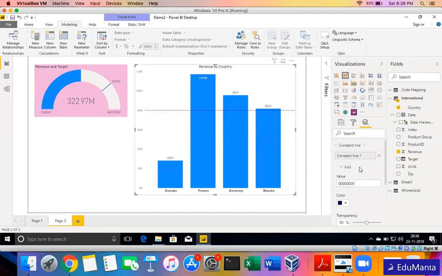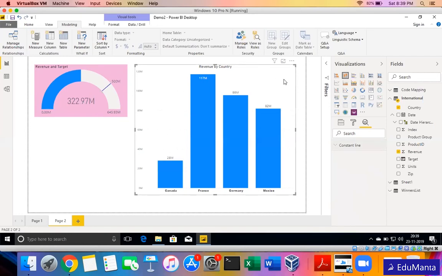So if you want a solid line, then you can use it from here. Later on, if you want to delete it, you just click on the small cross icon here, and it will be deleted. This is similar for stacked bar and stacked column. Both of them have a similar option. These charts are common to any other tool. It's not something specific to Power BI.